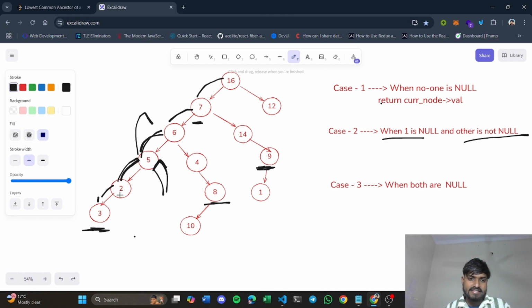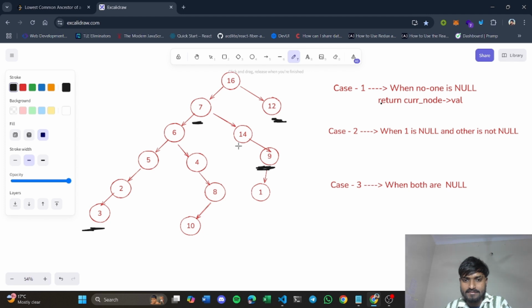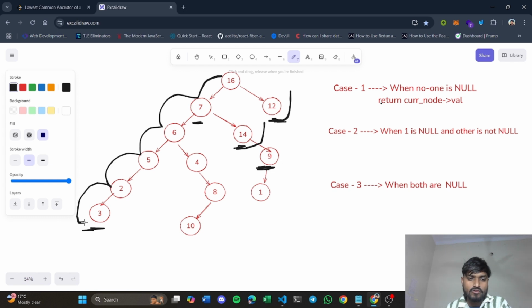The opposite of this case is that from the left you are getting nothing, but from the right you are getting a node. What does it mean? Let's say you consider node 12, node 7 and node 14. You are considering node 14 and node 12. When you call your function from the root node, you will go to the left of 16, then again left, left. You didn't find any node, so you will return null from here, then return null to 7 from the left. What does it mean? That 7 has nothing from its left. Again, you will call for the right of this 7. So you will find 14. So what will you return? You will return 14, since you found 14.